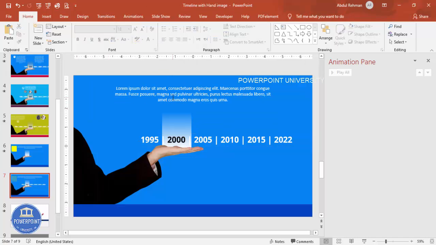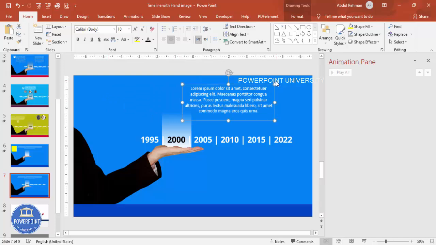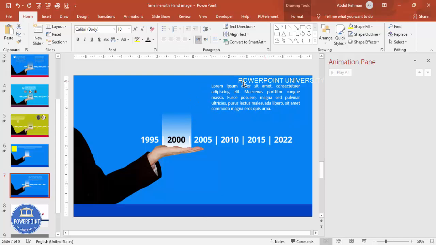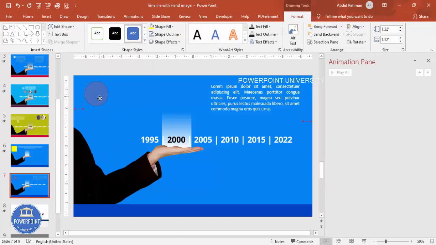And let me just remove this one, and this one I would like to put the text here and change it to justify. All right, and then I'm going to add 2 or 3 oval shapes, small oval shapes, and then I'm going to add a few images here.